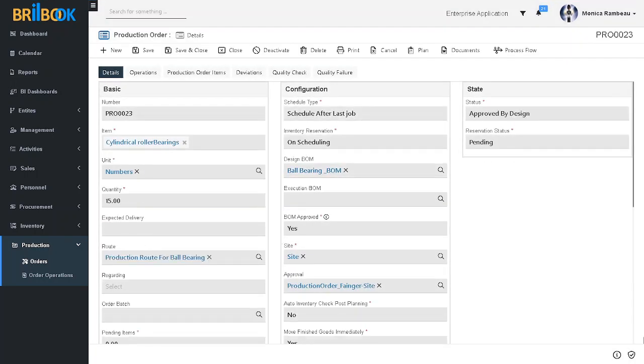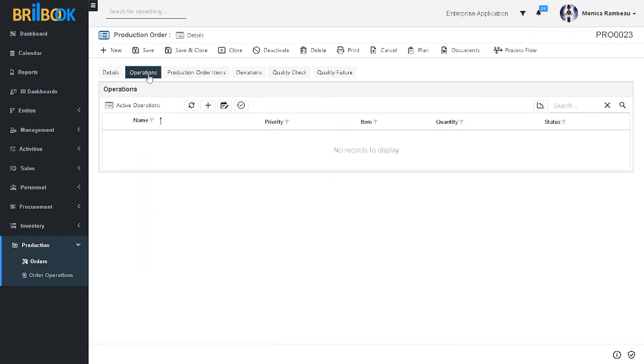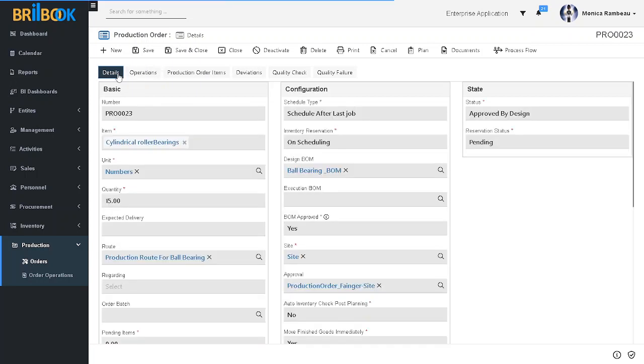Now we are on the detail page of production order and we can see status of our production order is approved by design. Now our next step is to complete our production operation. Before that, we will click on plan button to create our production operation.